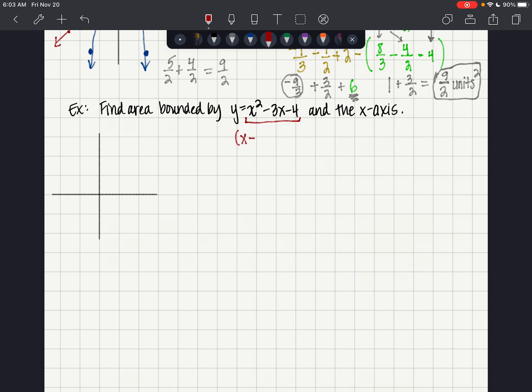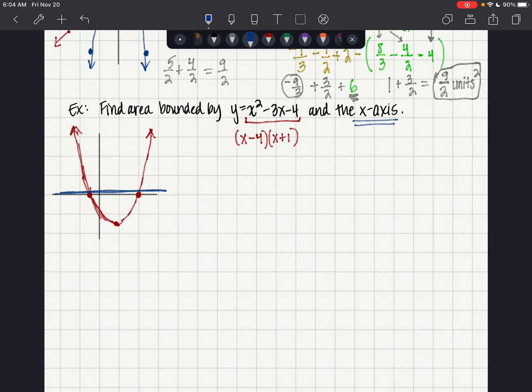I'm going to factor to find my x-intercepts. So we have an x-intercept at positive 4 and another one at negative 1. Halfway between positive 4 and negative 1, we're going to have a vertex. And because this opens up, we're going to sketch this like this. Now the accuracy of where that vertex is for this problem is insignificant because we want to find the area